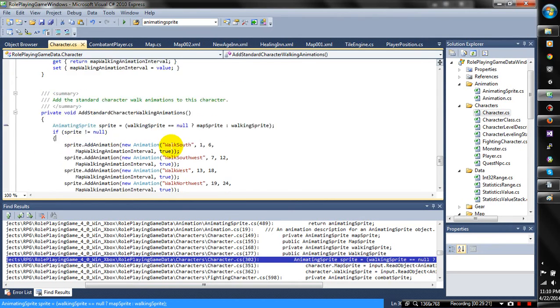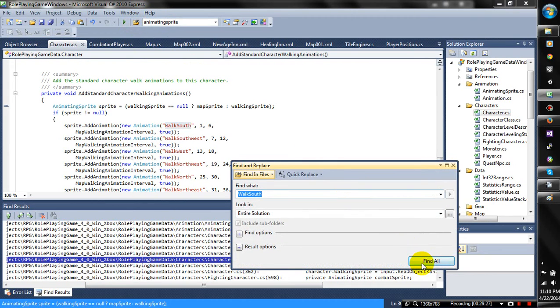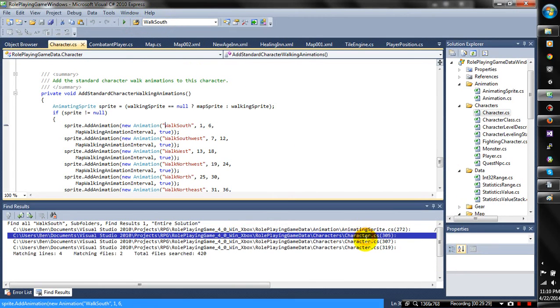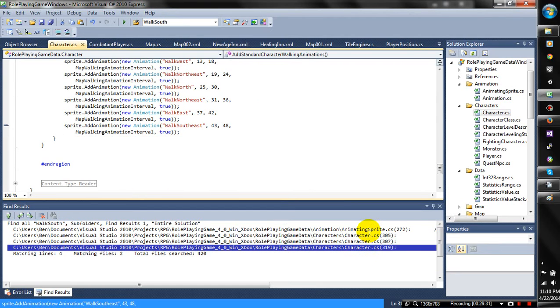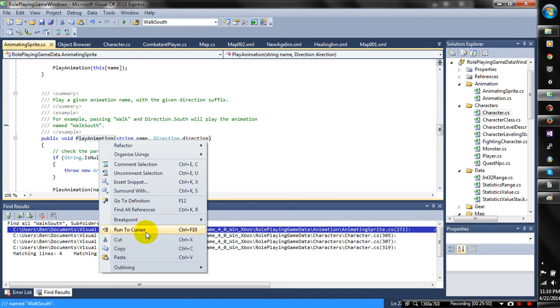So what I actually wanted to find was the correct one for the walking direction that we've chosen. So I'm going to go ahead and do a walk south and see how this is actually done. So this plays a given animation name with the given direction suffix. For example, play animation will play the walk south animation with that given direction. So now if you track into that,